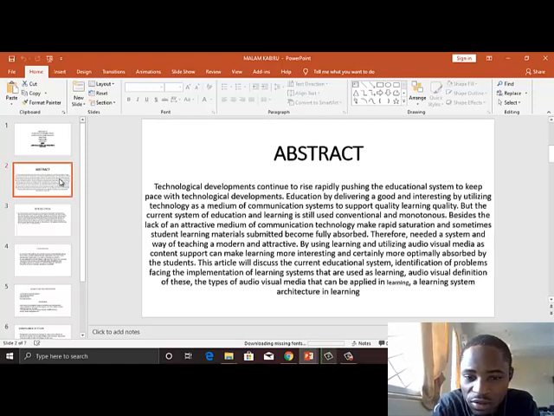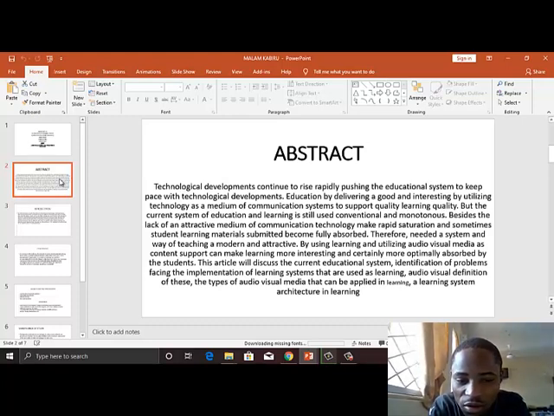Technological development continues to rise rapidly, pushing the educational system to keep pace with technological development. Education, by delivering good and interesting content and utilizing technology as a medium of communication, supports quality learning. But the current system of education and learning is still conventional and monotonous. Besides, the lack of an attractive medium of communication technology makes